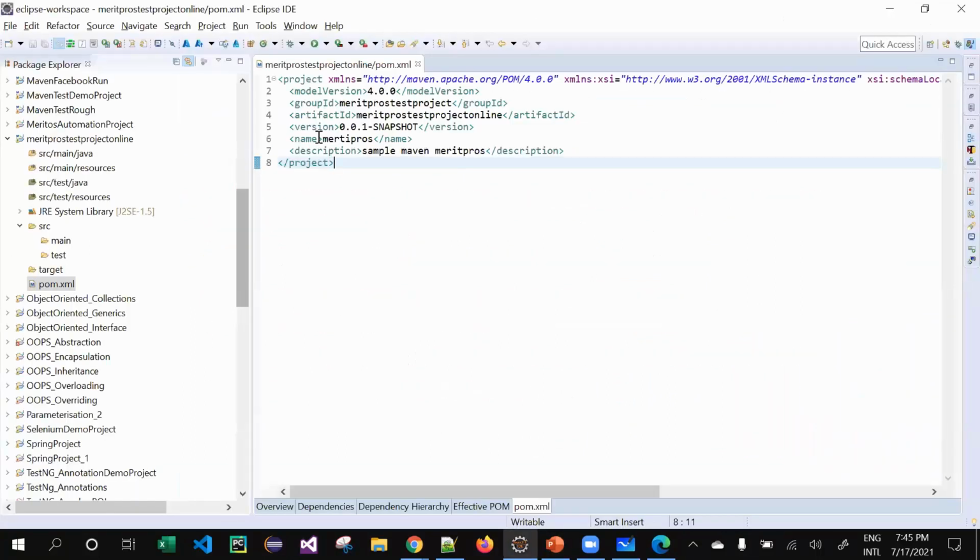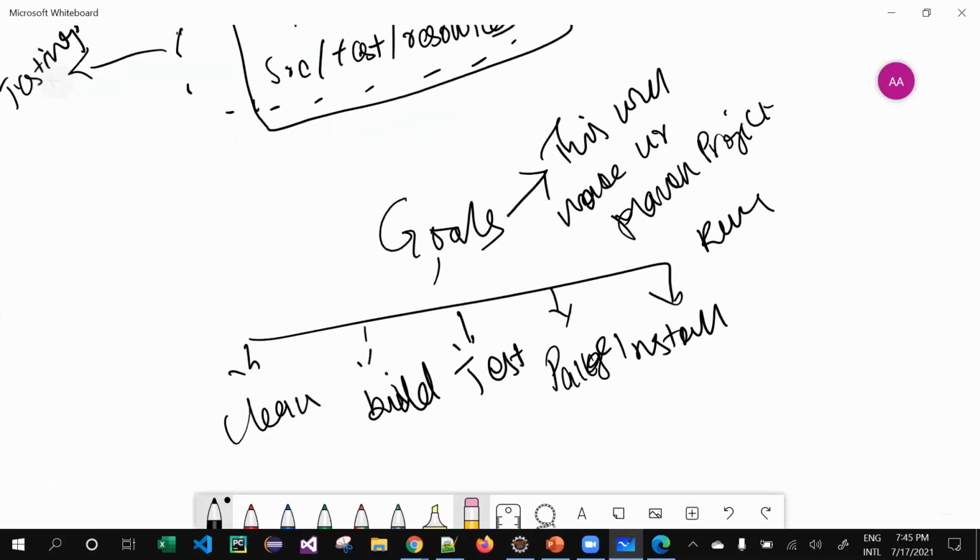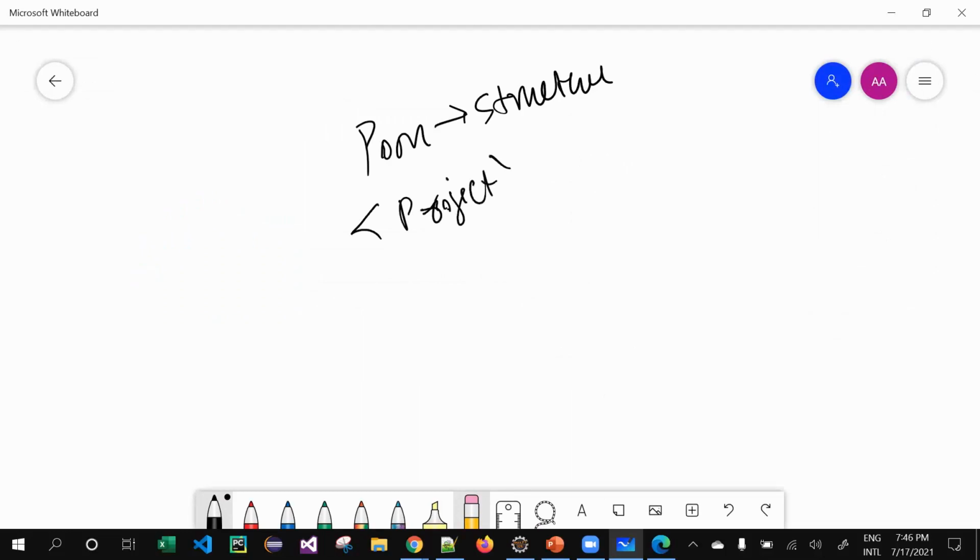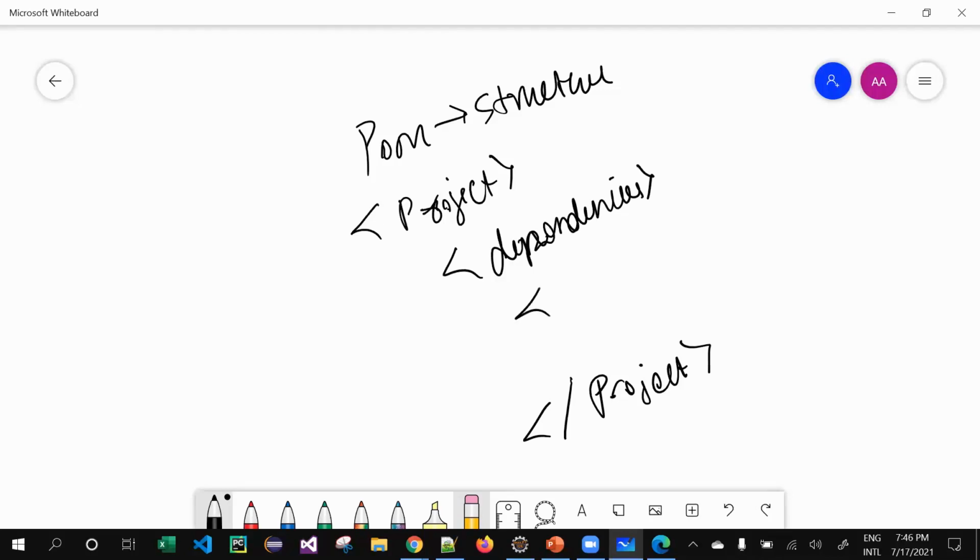Also, what does a POM do basically? What is going to be inside your POM? Let me brief you about the structure of your POM. I'm going to give you the basic structure. It starts with your project and ends with your project, and in between you give something called dependencies and close dependencies.